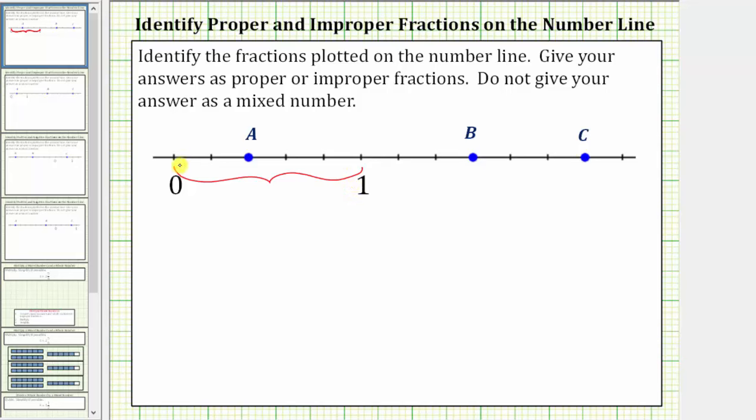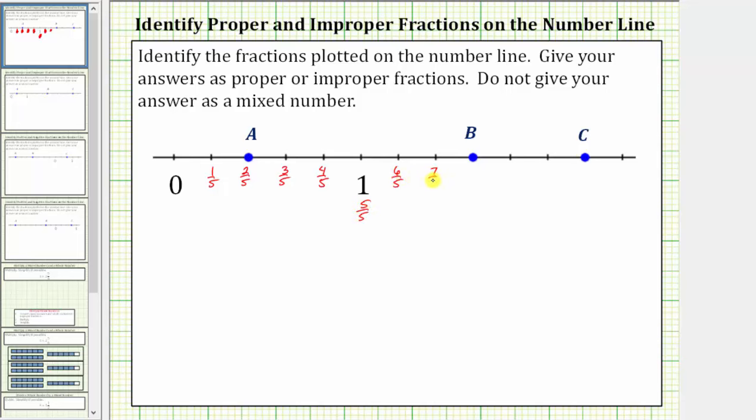Notice how it's cut or divided into 1, 2, 3, 4, 5 equally sized parts or pieces using the tick marks, which means the length between tick marks equals 1/5 of a unit. Knowing this, we can now count to the right of 0 by 1/5. Starting at 0, we have 0 and then 1/5, 2/5, 3/5, 4/5, 5/5, which is equal to 1,